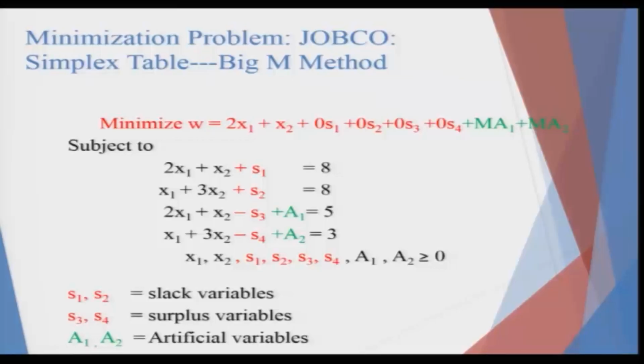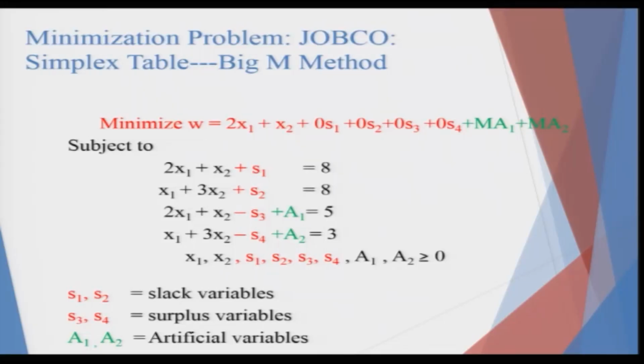This is the same problem which you had considered. The solution methods would only change in that the size of the tableau would increase. How it will increase in size, I will come to that later. So, in this case you have the minimization problem, as the red color shows: 2x1 plus x2 plus 0s1 plus 0s2 plus 0s3 plus 0s4, where s1, s2, s3, s4 are the slacks and the surplus.